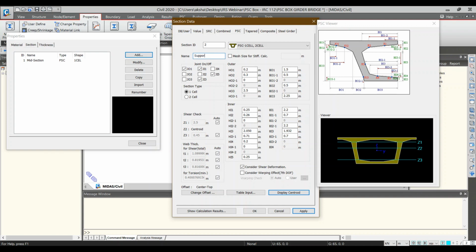So you can define your support section over here. Now keeping the dimensions the same for the outer section, here you just need to change the inner dimensions. So now here you can enter this as 0.44, 0.26, 0, this is 1.65, this is 0.71, this is 0.2, 0, 0.45, so this is 45,